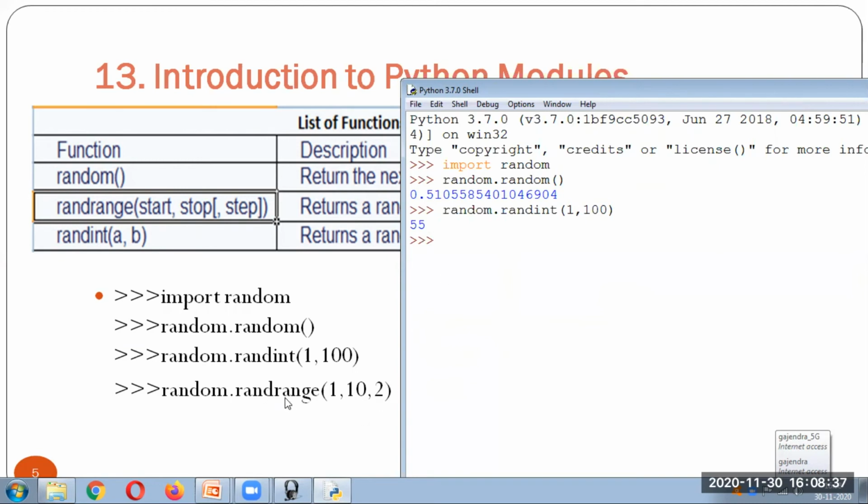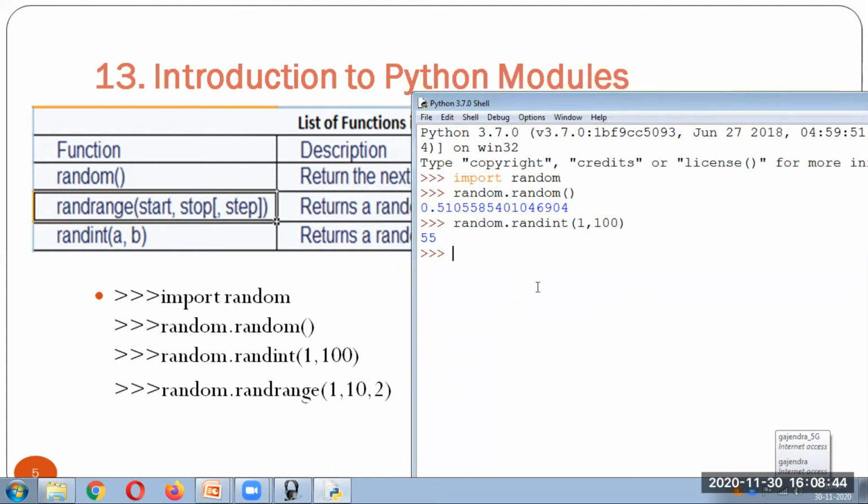Then again we have randrange. Randrange returns an integer between a and b, which are inclusive. We can specify that. I think this is clear. Any number will be generated.